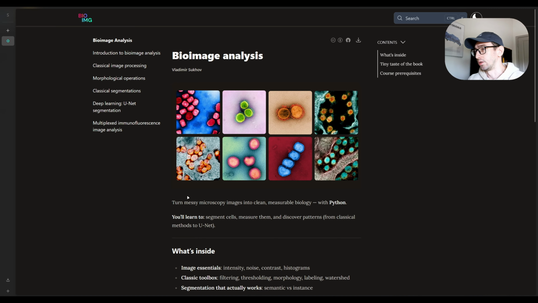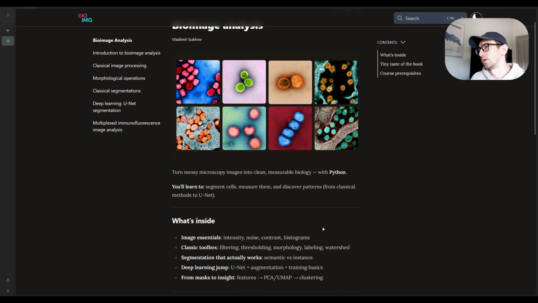In this course, we will try to learn about bioimage analysis. We will try to work with different types of imaging. The idea mostly is that we will cover one particular task in bioimaging, which is cell segmentation. It's a very modern field. There are some solutions which already surpass human precision in terms of the annotation